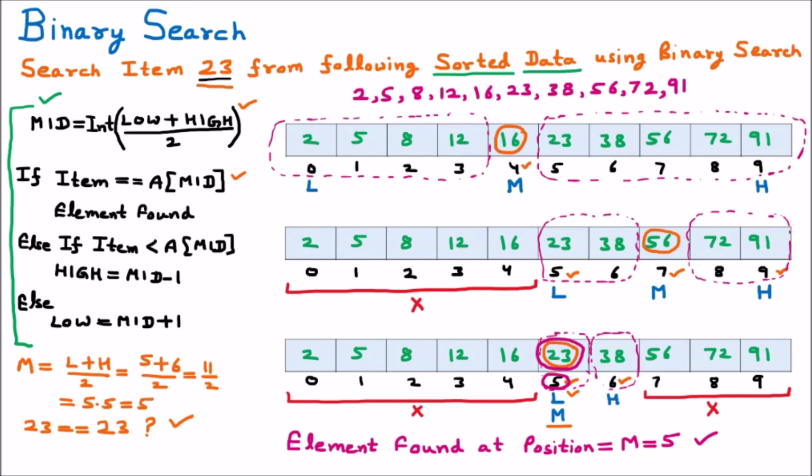So this is how binary search works. The name binary search is given based upon binary, meaning 0 and 1, which means 2. So it divides the list into two parts, and it only focuses on the part where the element is present. There are certain conditions, like finding the middle and then checking the condition: is it equal to, less than or greater than. These conditions repeat again and again until we find our element. And yes, the important thing about binary search is that it only works upon sorted data. So that is all about binary search.